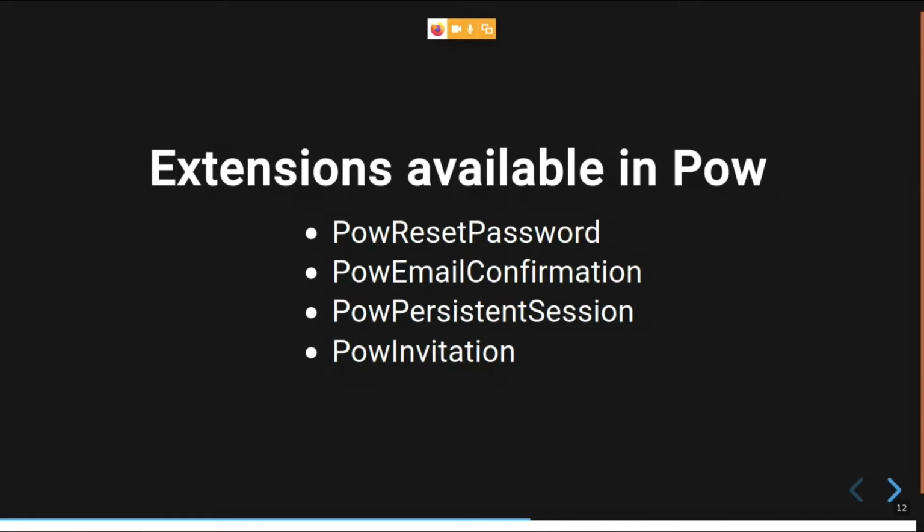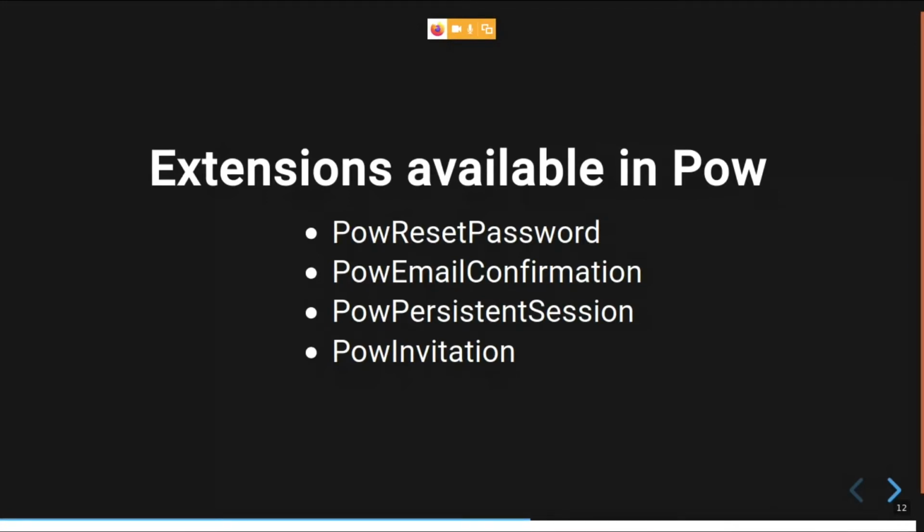Similarly, another one is email confirmation. This can be used to validate the email when the user registers. Once a user registers using email and password, a confirmation mail will be sent.